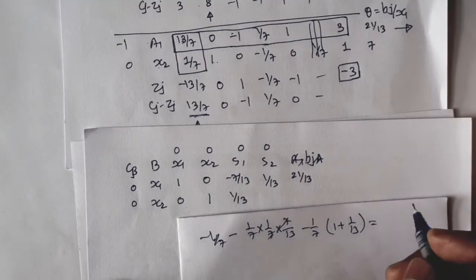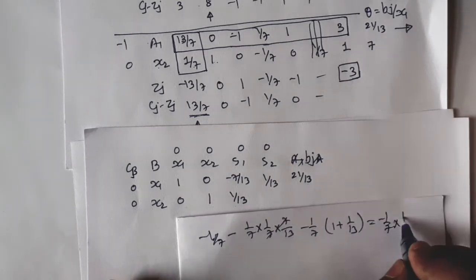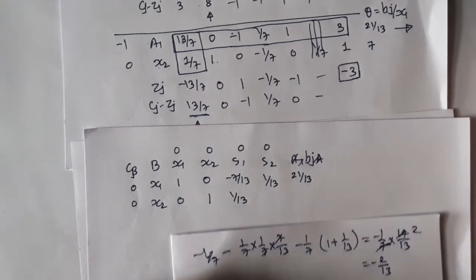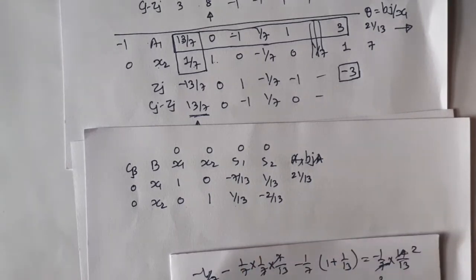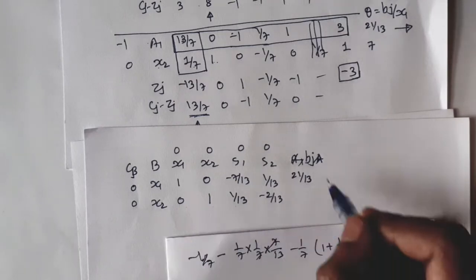Okay, so this is equal to minus 1 by 7 multiplied by 14 by 13. So it will cancel out, and the answer is minus 2 by 13. So here we get the value of minus 2 by 13, and for the calculation of this x2 and bj element,